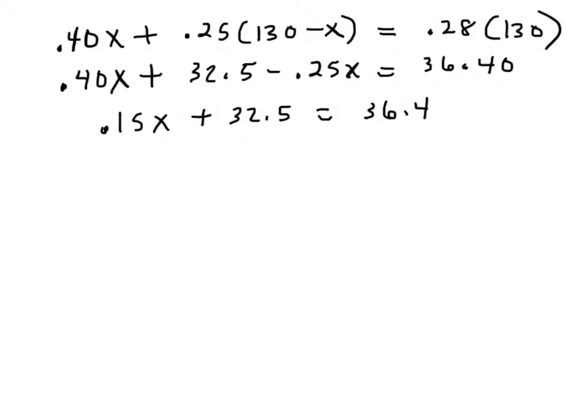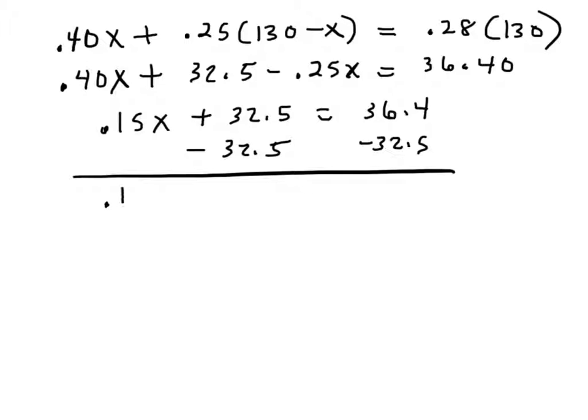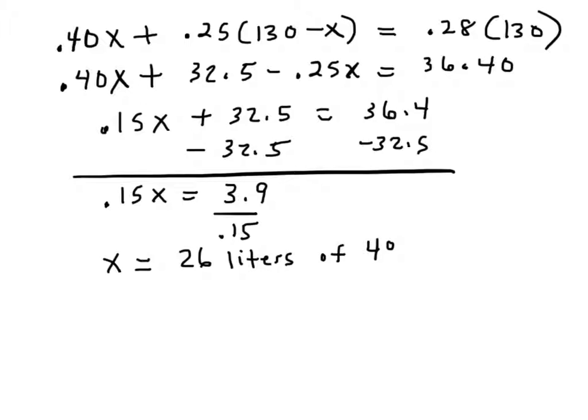Next I'm going to isolate my x. So I'm going to subtract 32.5 from both sides. So my equation becomes 0.15x is equal to 3.9. Finally, I'm going to divide by 0.15, and I end up with x equals 26. Remember, x was the number of liters at 40% concentration. So this tells me that 26 liters of the 40% concentration, and then I would take 130 minus 26 to give me 104 liters